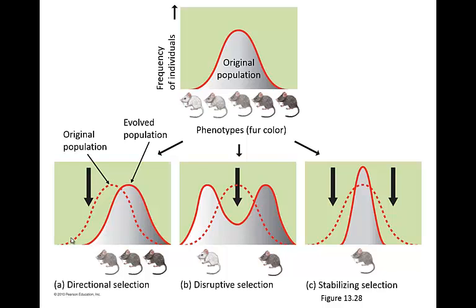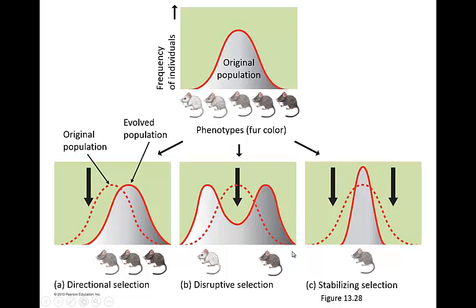Now let's say there's global warming and there's less snow around, so this white color is not really an advantage. Instead, this dark color would be more of an advantage because it could blend in a little bit better with the background. In this case, this directional selection is going to select for these darker colored mice. And the white ones would stick out like a sore thumb against that darker background, and vice versa. In disruptive selection, it's going to be selecting for either color, but not that medium color. So in this case, maybe some areas get colder and some areas get warmer, and so in some areas this mouse is going to be selected for, in other areas this one would be selected for.